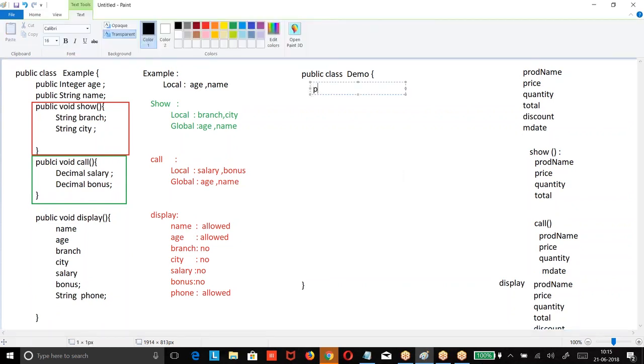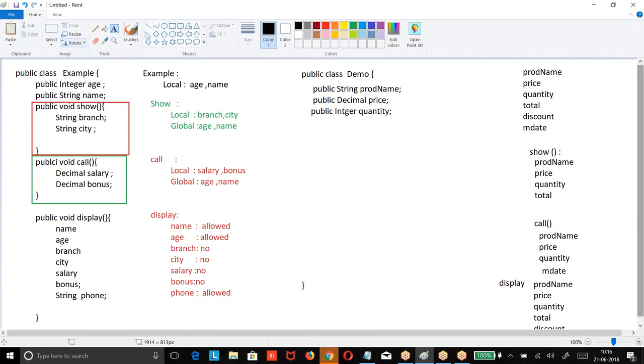Let us see. I will define them like public string. Which data do I have to use? Now in every method, what is the data? Product name, price, quantity. So whatever the common data in all the three, what is the data we want to use?